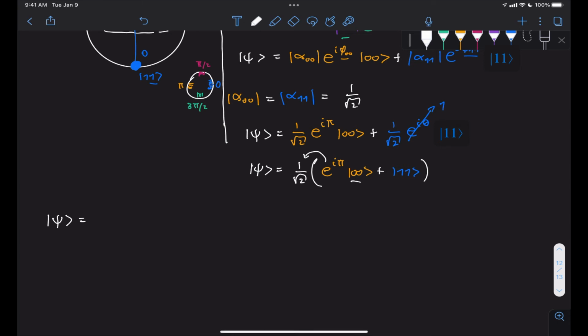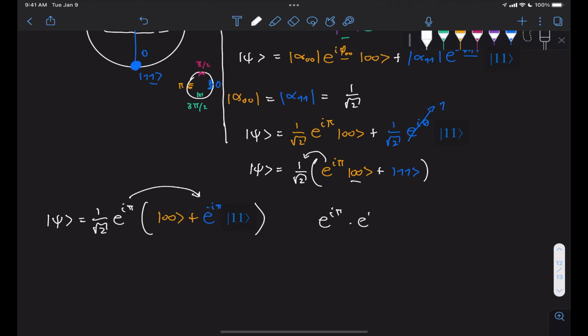So we have 1 over root 2 e to the i pi, and then we have again our state 00 plus, and now since we had no phase associated with the state 11, well, we need to add a phase of minus pi here,